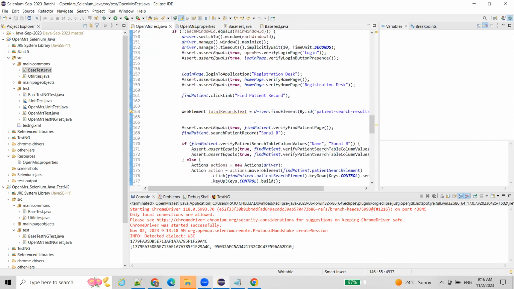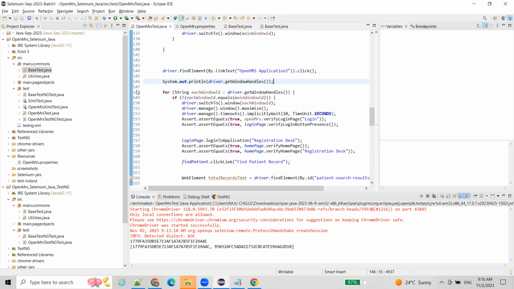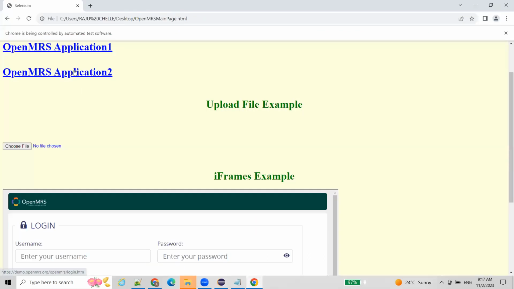The same logic I will use, but before that, if I click on application 2, I need to check whether I'm getting two window IDs or not, whether it is opening a tab or not. For a tab also, we have to check whether it is giving a new ID or not. For the window, it is giving the new ID. If it opens a tab,